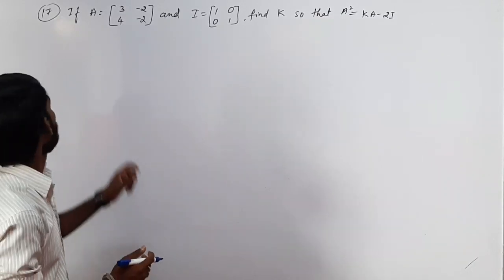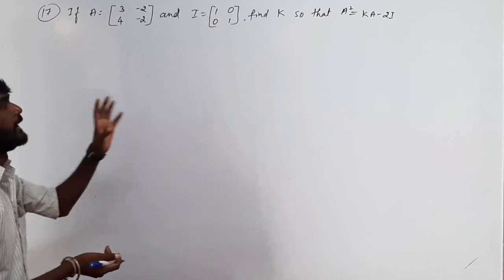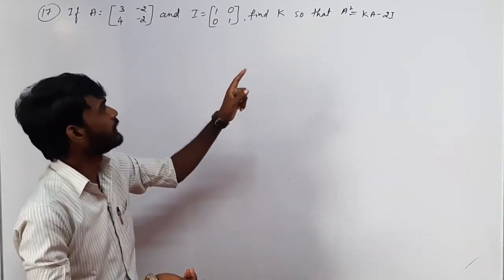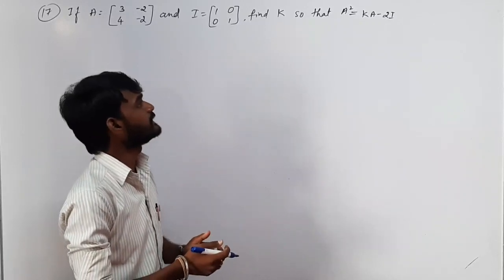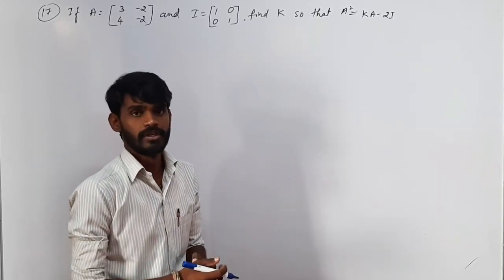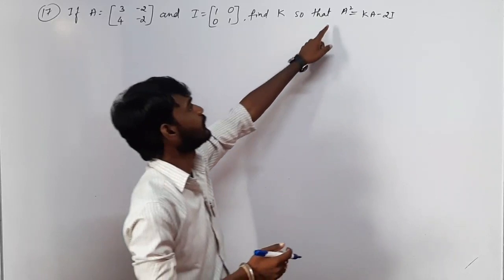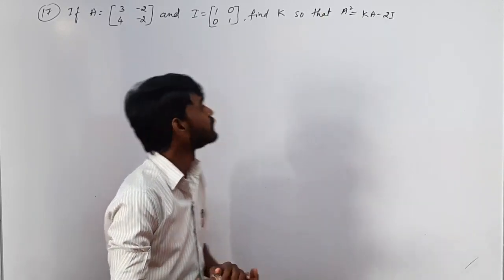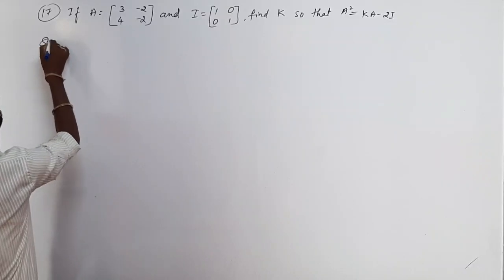So students, here we are given a square matrix and an identity matrix. We have to find k when the equation A squared is equal to kA minus 2I is given. So first we have to find A squared. After that we can substitute in this equation and we will get k. So, solution,